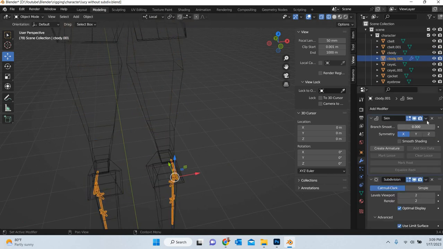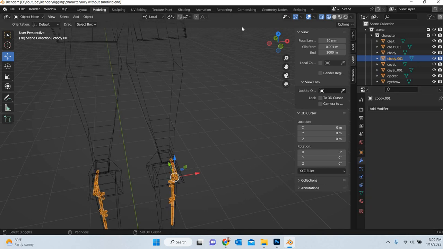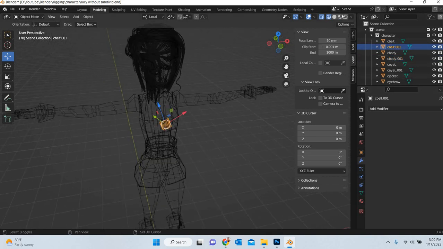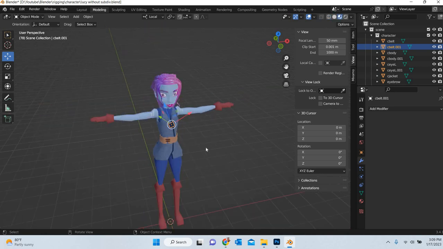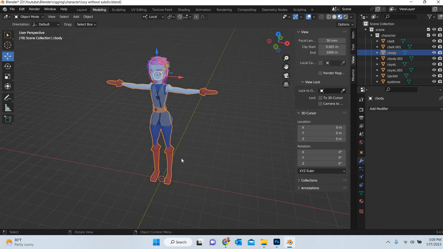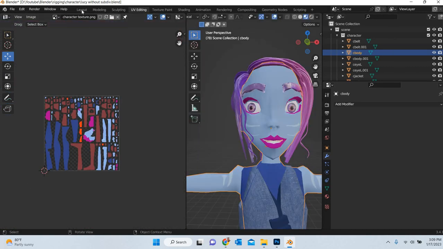Mirror I'm going to apply, skin I'm going to apply, subdivision I'm going to remove. Okay, so all these objects we have removed all the modifiers, and the low poly character is the only thing that is there. One more thing is this character has texture mapping,